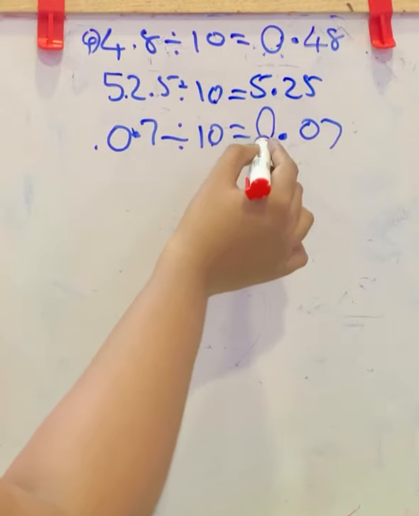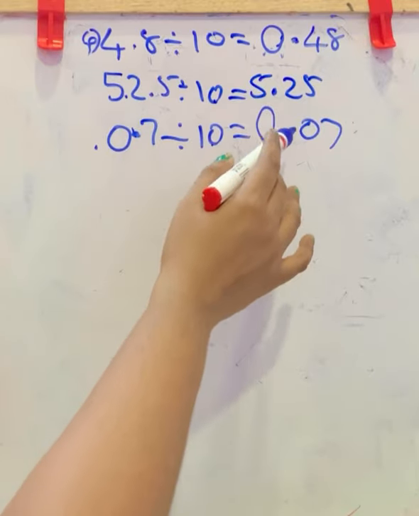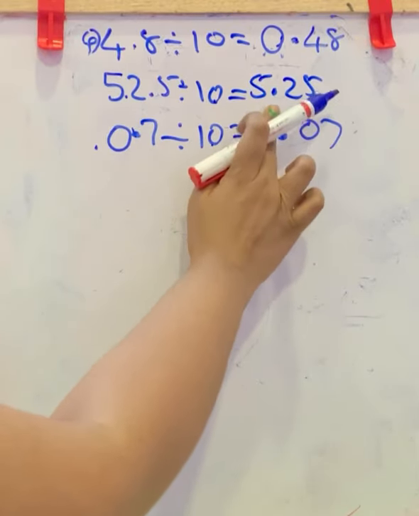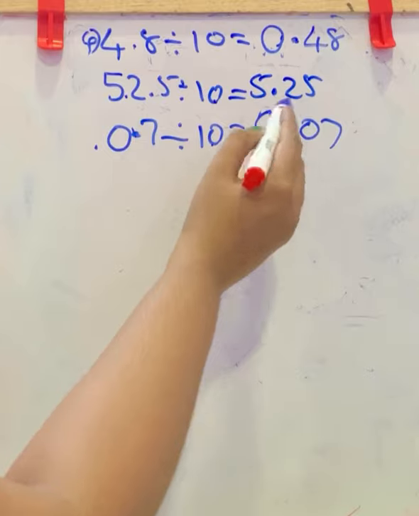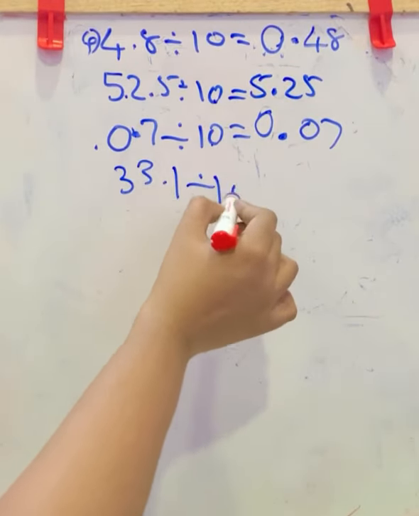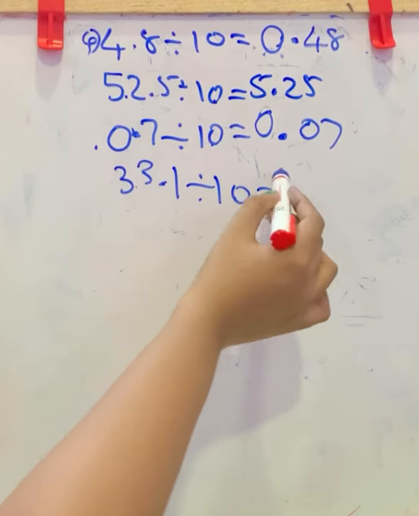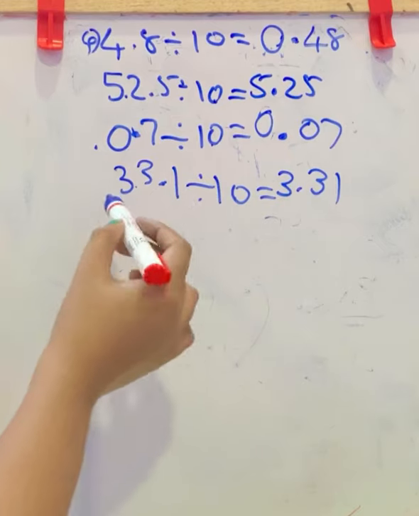So you can add a 0 here in the whole number part. Adding 0 in the whole number part will not make a change in the answer because 0.07 is equal to 0.07. Next, 33.1 division 10. Here the decimal is here. So moving 1 place to left side, it reaches 3.31. Next is